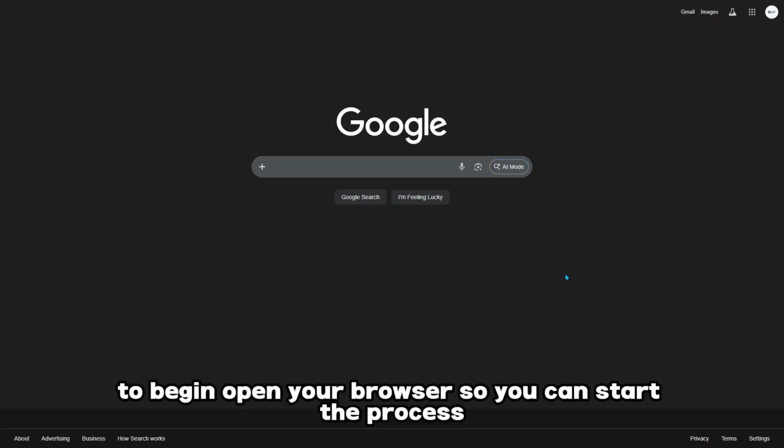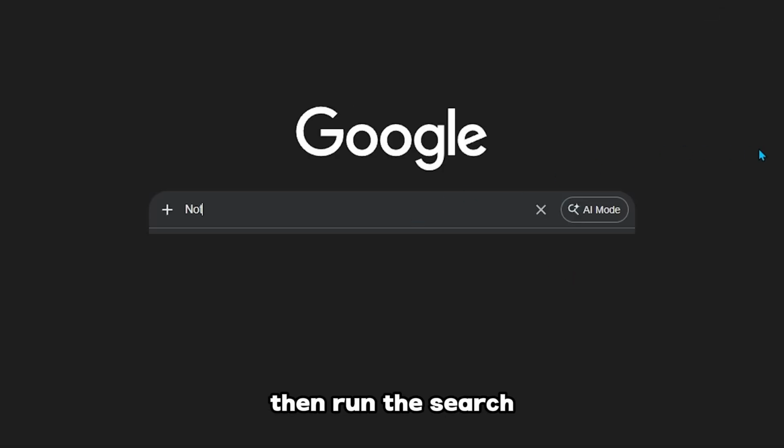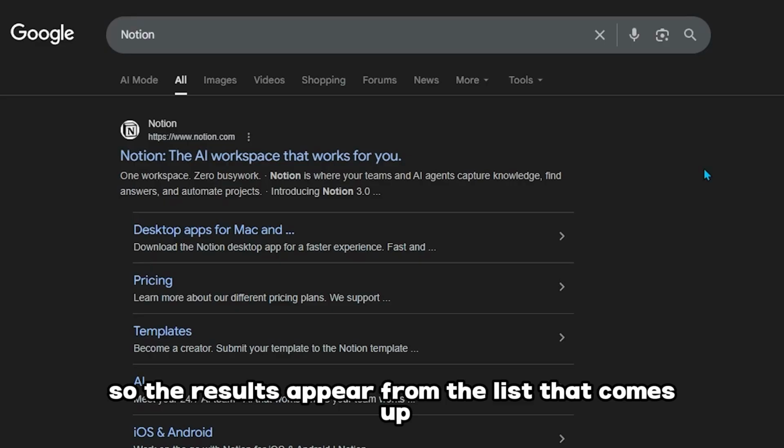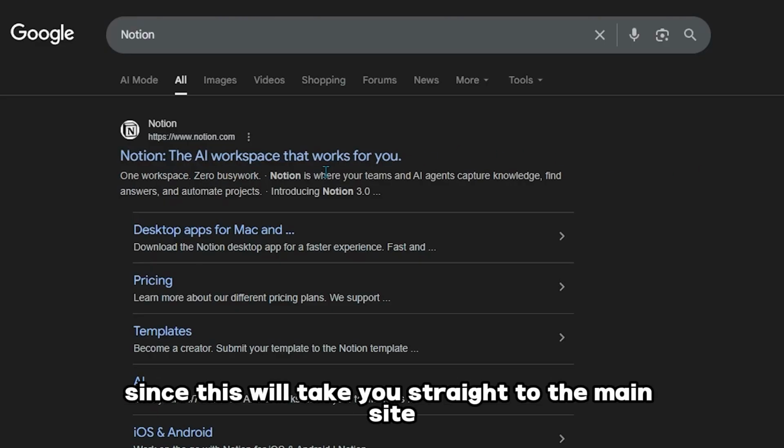To begin, open your browser so you can start the process. When the browser loads, go straight to the search bar and type Notion. Then run the search so the results appear. From the list that comes up, click the top web result that looks right, since this will take you straight